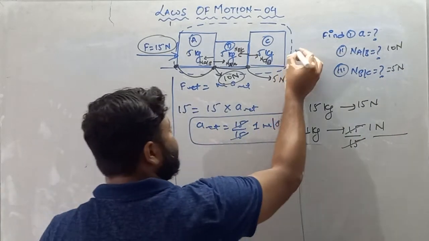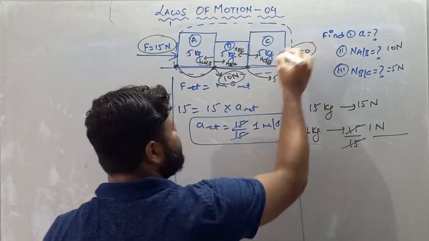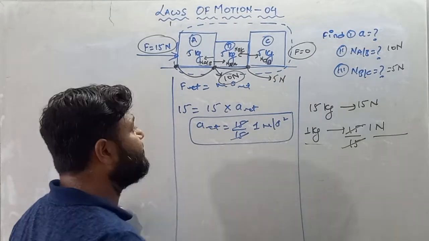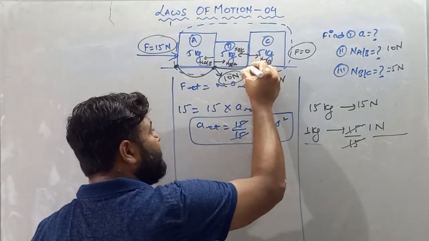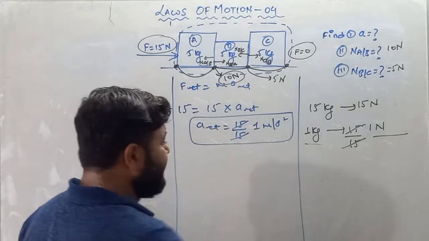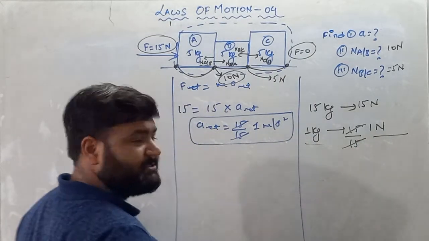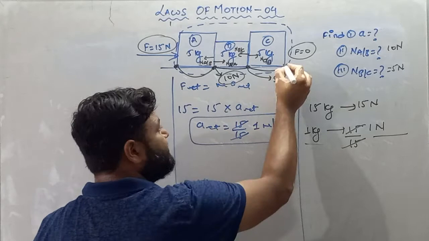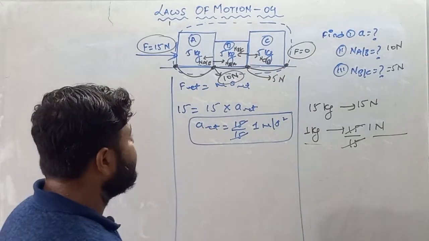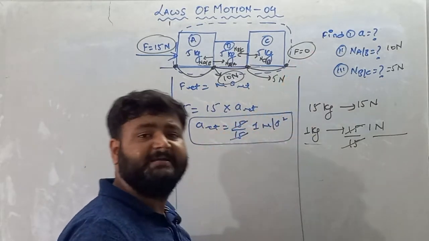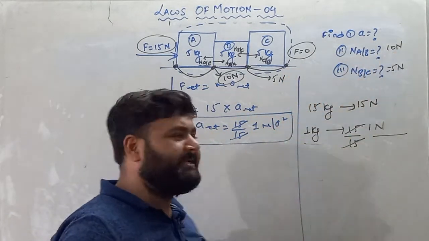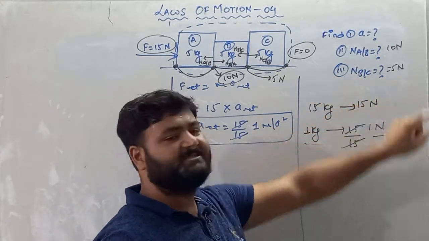Moving forward, see, here no force is there. It means F is equal to 0. So check it out, whether F equal to 0 is coming or not. If you move from this point to this point, you'll move 5 kg. Every kg needs 1 Newton. So 5 kg needs 5 Newton. So here you have 5 Newton. After moving 5 kg, the force is equal to, my dear student, 0. So the normal on A due to B is 10 Newton and the normal on B due to C is 5 Newton.